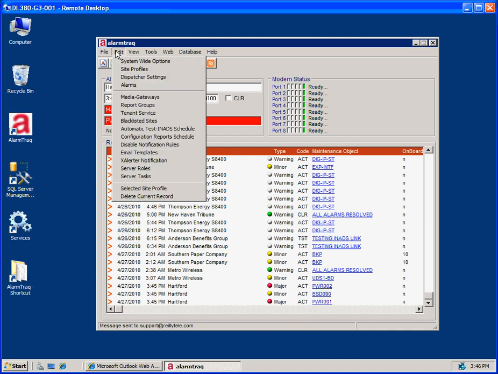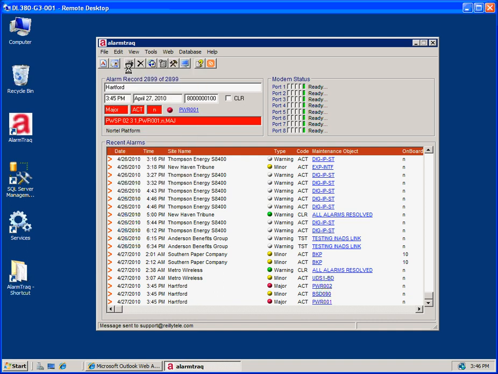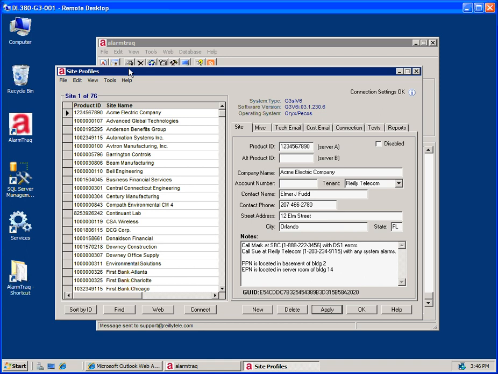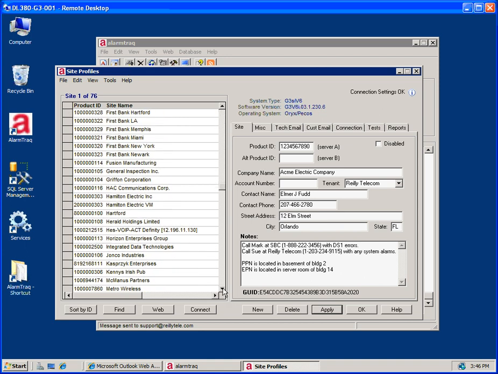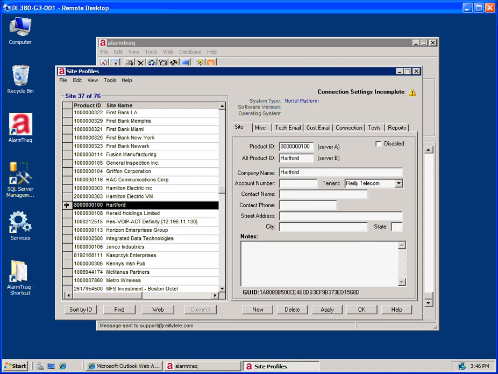So now if I go into my site profiles, we'll see that AlarmTraq already created a new site profile for us and populated the alternate product ID, which is the device name that it gets from the Asentria device, as well as just gives it a default company name of the same. So I'll go ahead and populate this with a real name, make it a little easier to